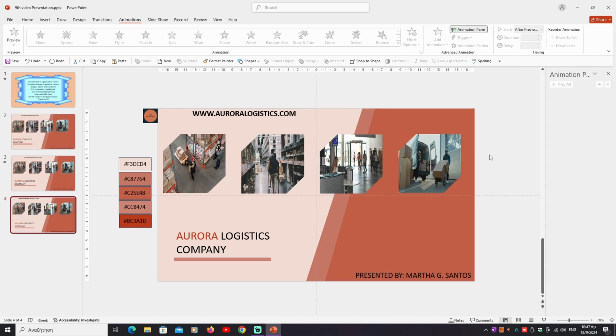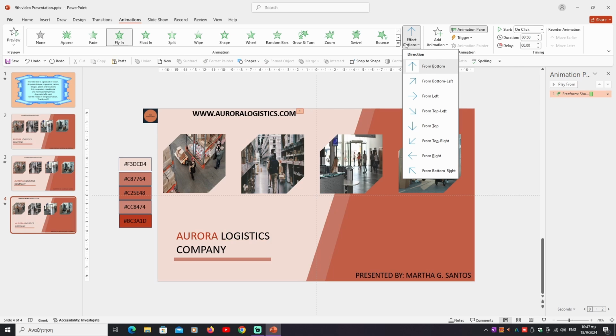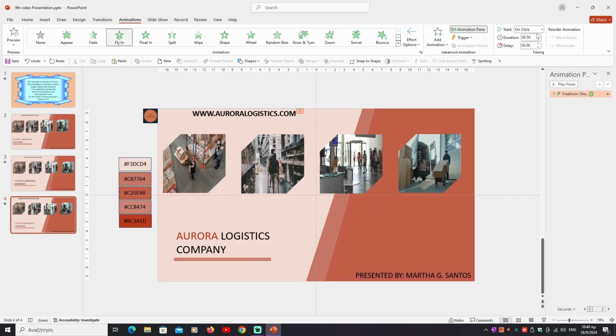Now that we are finished with the design, it's time for animations. We go to the big shape, animations ribbon, entrance, fly in, effect options from right, duration 0.75, start with previous. We go to the small rectangle shape, entrance, fly in,